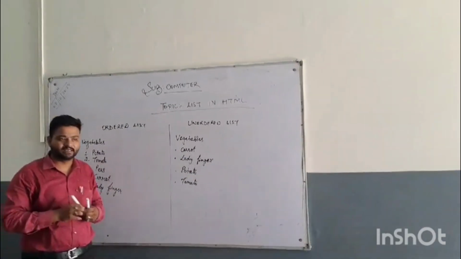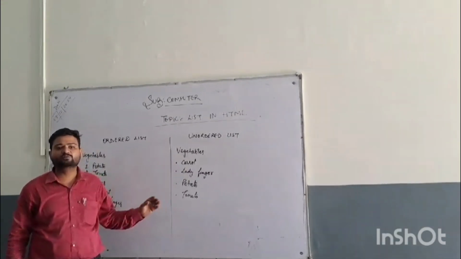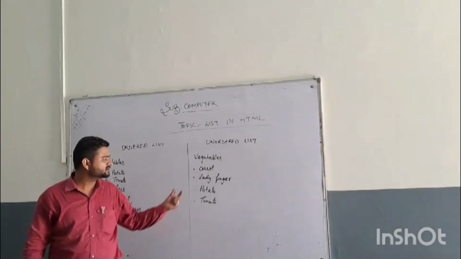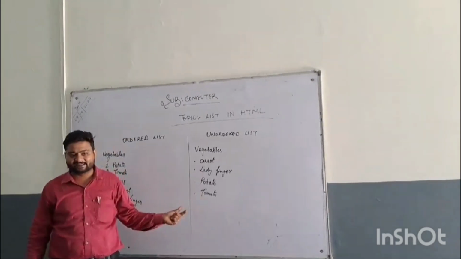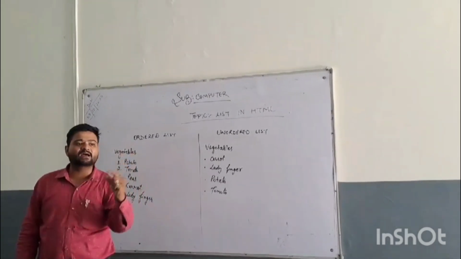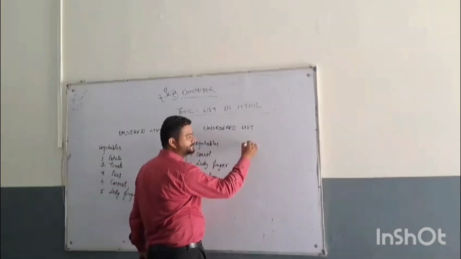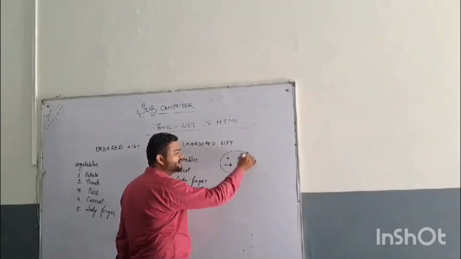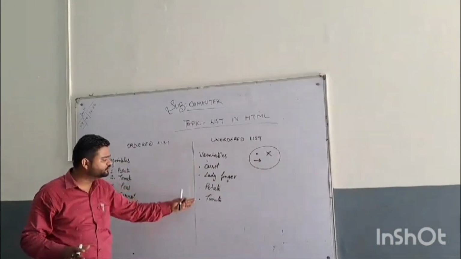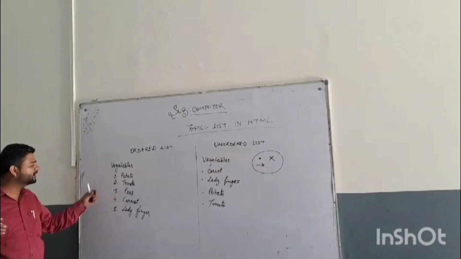तो जब हम कोई सीरियल नहीं लेते, if we do not have any serial, so we are going to use bullets. Bullets are the signs or the designs we are going to use before the text, जिससे पता चले कि अलग-अलग चीजें हैं. So we can use over here dot, cross, arrow sign, whatever sign you want to use, you can use over here. And over here also, you are not supposed to only use these numbers.